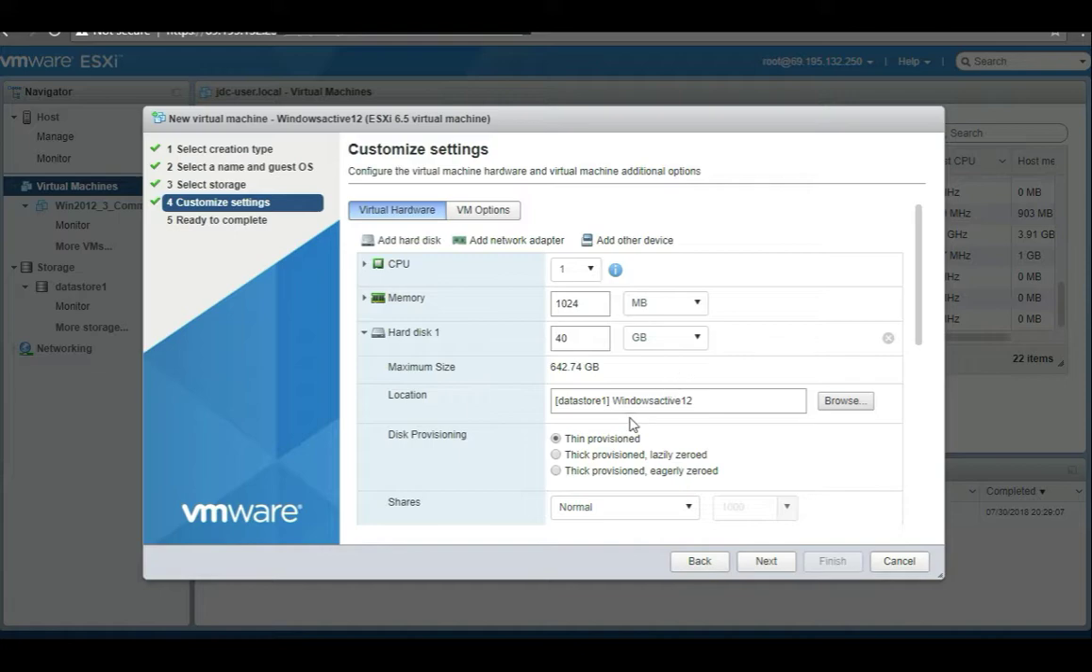So thick provision, lazily zeroed and eagerly zeroed. Lazily zeroed is like you thick provision, you have 40 gig, right? But if it's in a data store or a larger container, you're going to give this hard drive 40 gig, but that 40 gig may not be in the same space. You can imagine a candy bar, right? So let's say the candy bar is 100 gig from left to right. That represents 100 gig, but you're only getting 40 gig. So lazily zeroed means